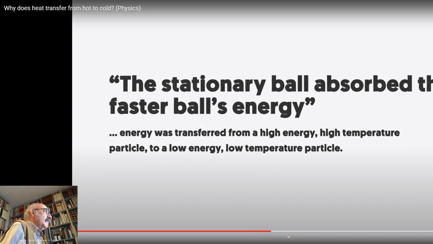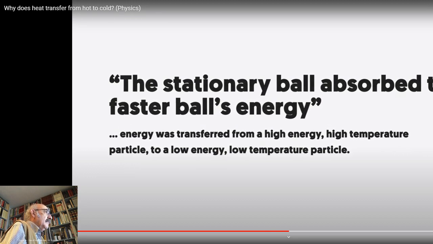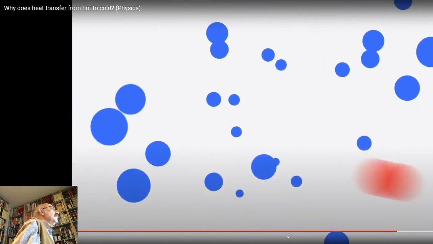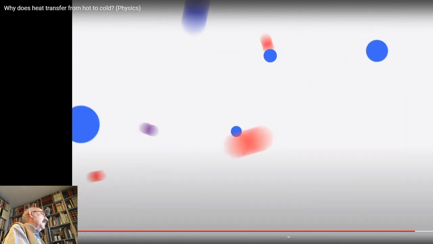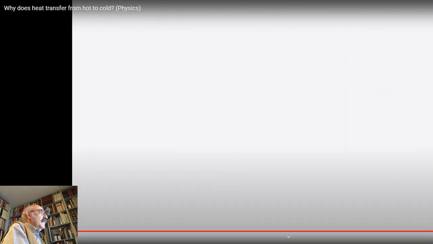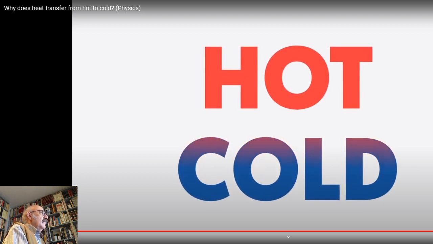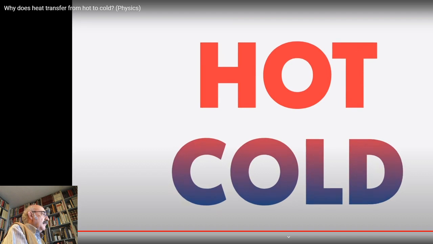You would say that the stationary ball absorbed the faster ball's energy. It wouldn't be right or sound right to say that the stationary ball transferred its stationary state to the rolling ball. The same is said about atoms transferring energy. The fast-moving atoms impact slow-moving atoms, transferring their kinetic energy. Therefore, to say heat transfers from hot to cold really means that energy is transferred from fast-moving atoms to slow-moving